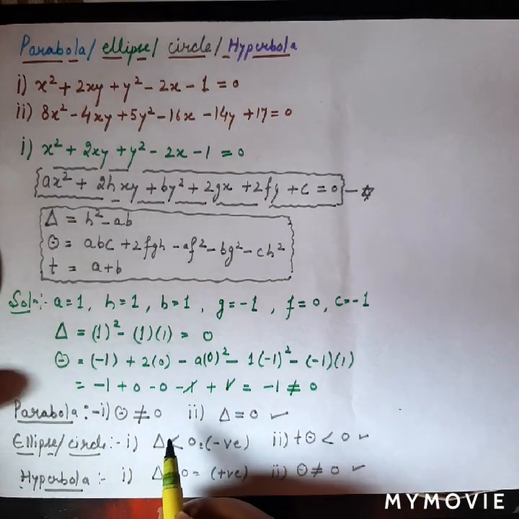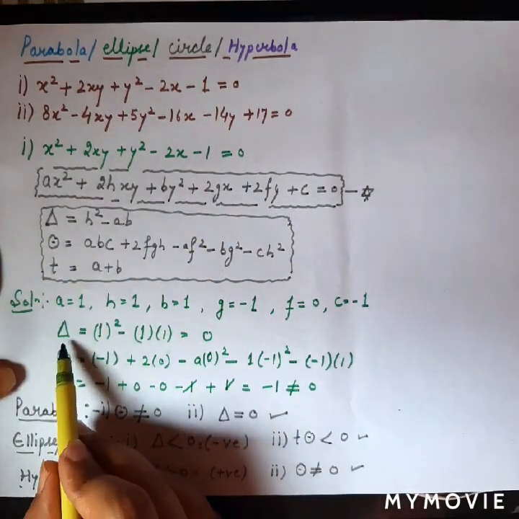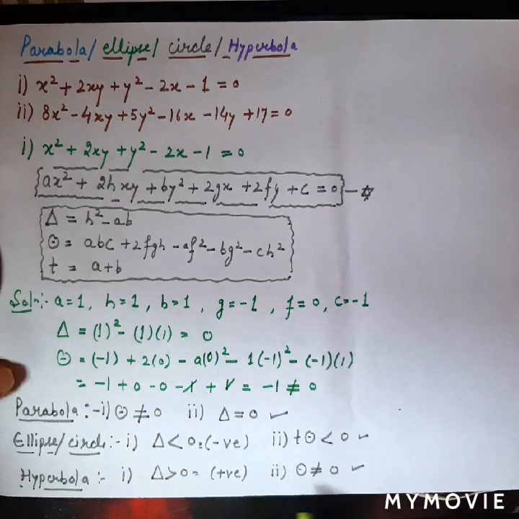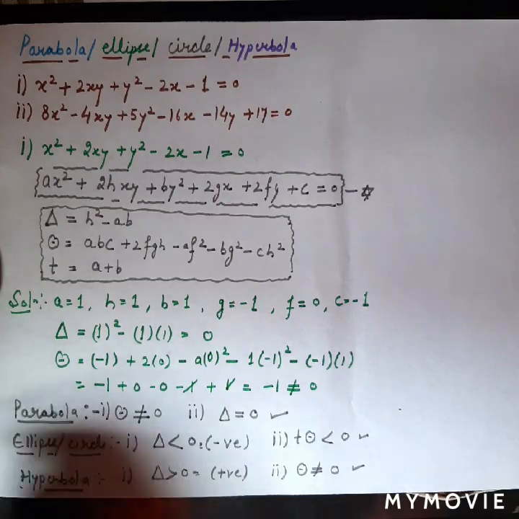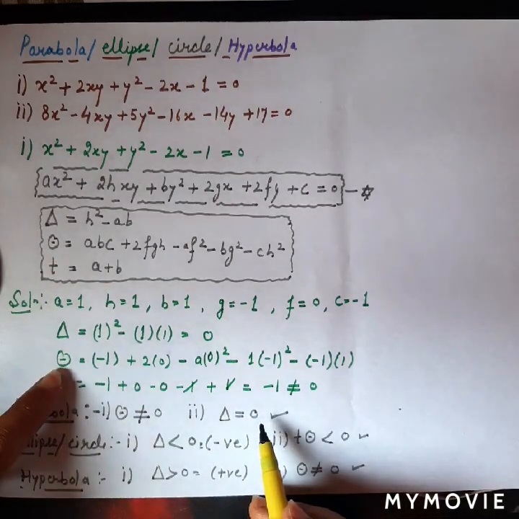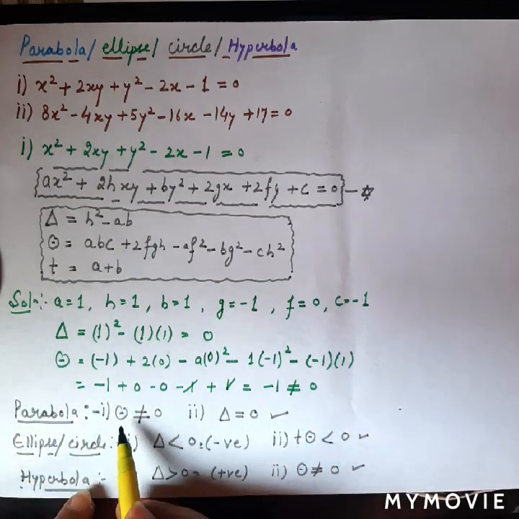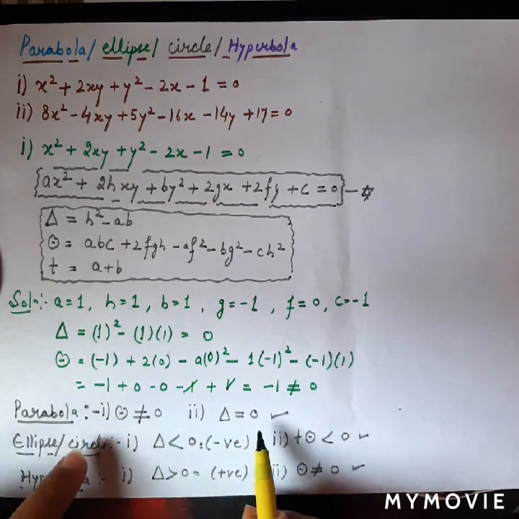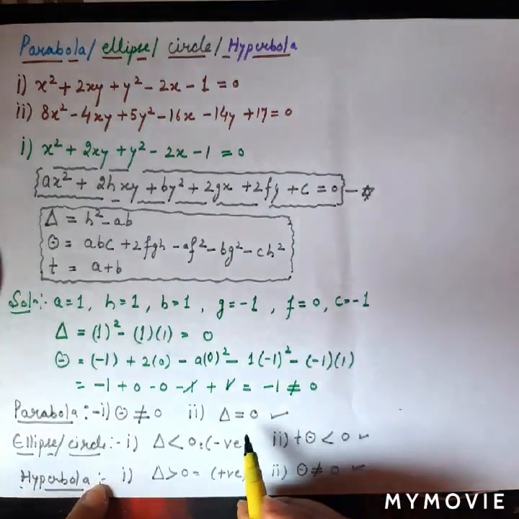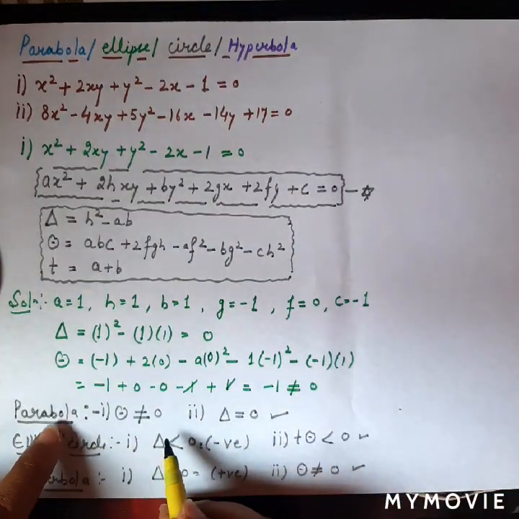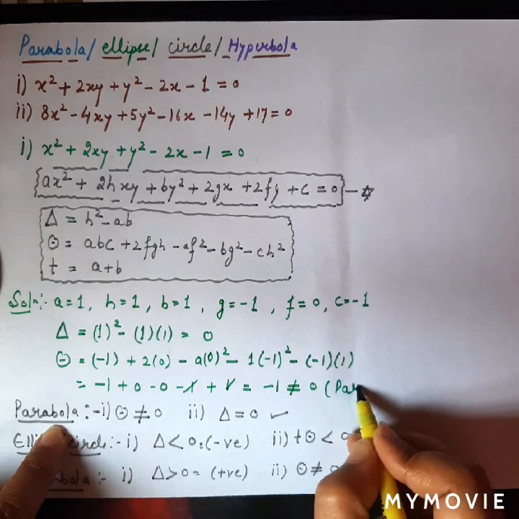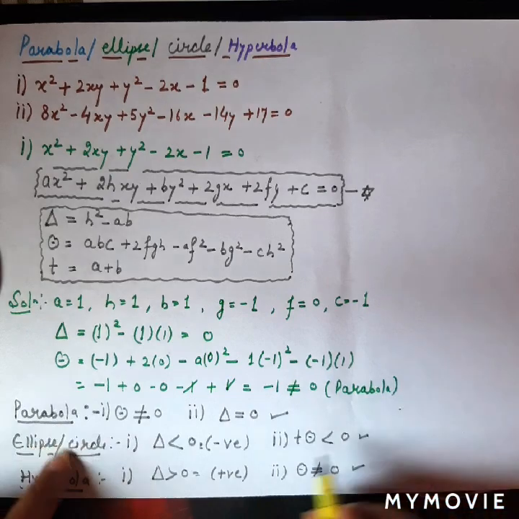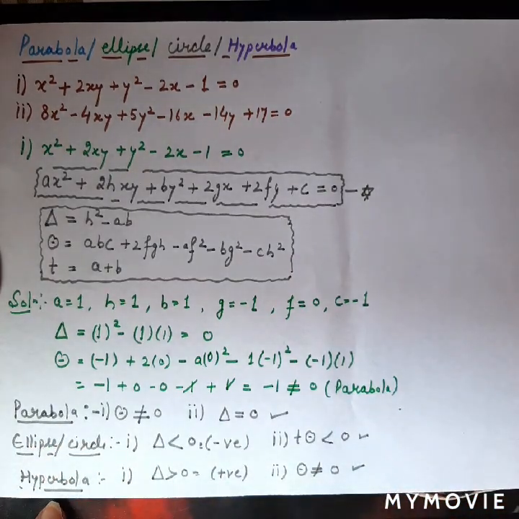So here we were doing this equation and the value of delta is equal to 0. So are we having anything? So yes, here the value of delta is equal to 0, right? So this is the condition, and the second condition is phi should not be equal to 0. So phi is not equal to 0. So this equation is following the first condition. So what it means is that the above equation which is given to us is an equation of a parabola as per these conditions. You have to remember these conditions actually, right?